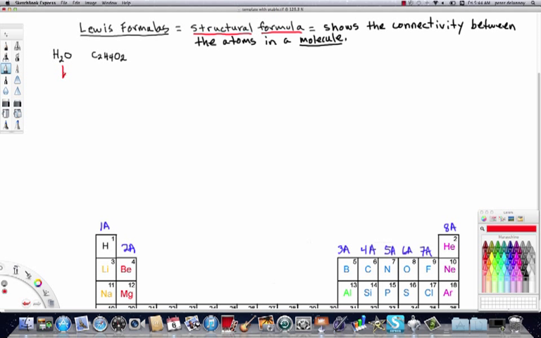I have water, and this is the chemical formula of water, the way it's represented, H2O. And the structural formula is going to look like this. So we have the oxygen, and then the oxygen's bonded to a hydrogen on one side and a hydrogen on the other, and then there are going to be what we call two pairs of unshared electrons. So this form is the structural formula that demonstrates how these atoms are actually connected to make